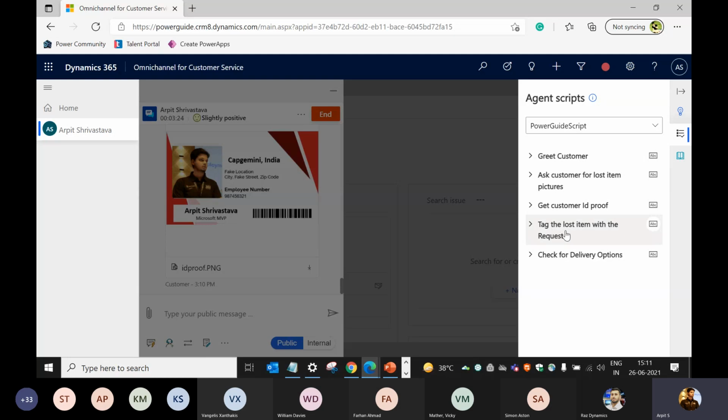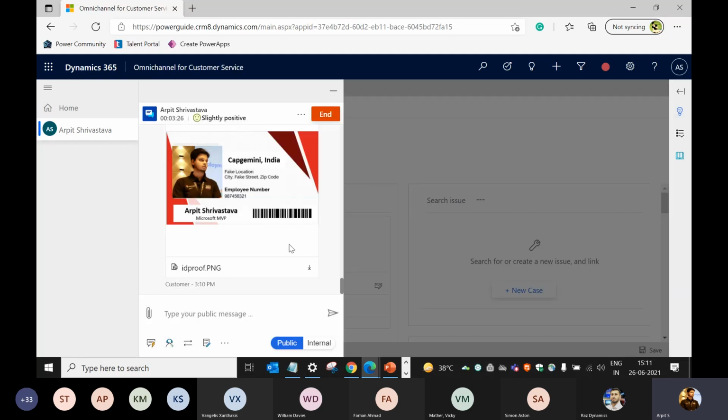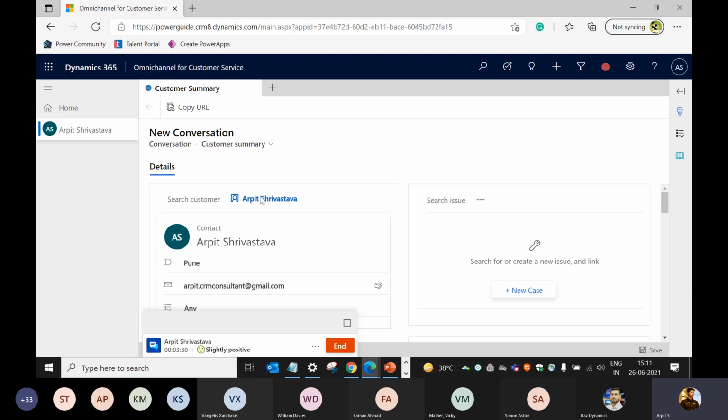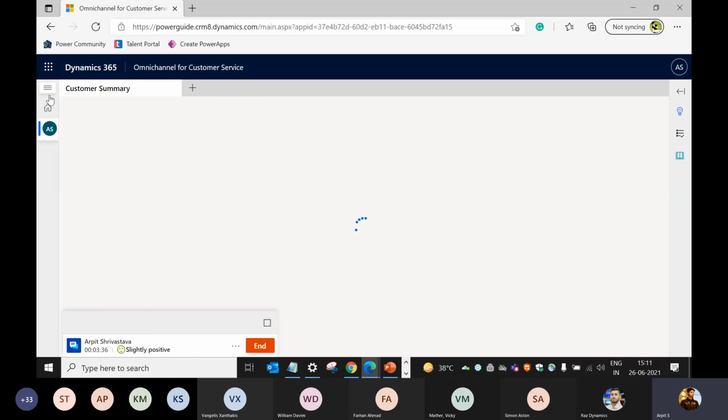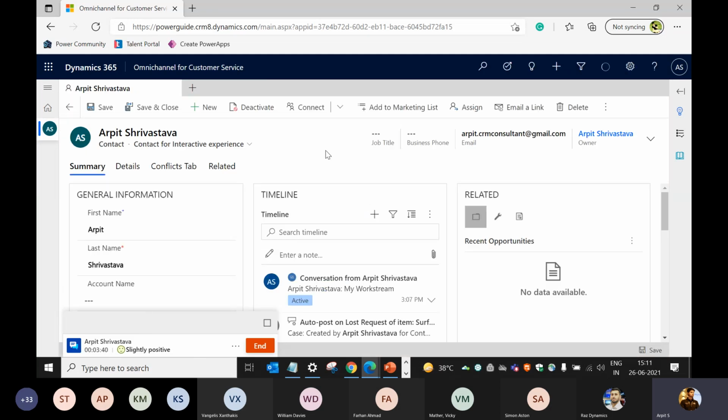Now the next thing is to tag the lost item with the request. If I minimize this chat and go back to the CRM, you can see the customer has already been identified. If I click on the customer, it will open the contact record, so I don't need to search for the customer. It automatically detects the customer based on the email address provided in the chat.